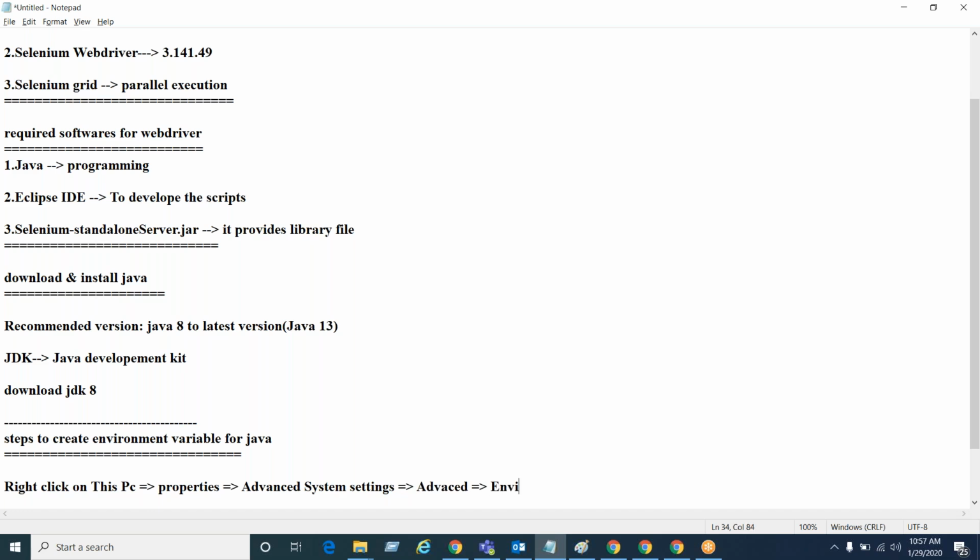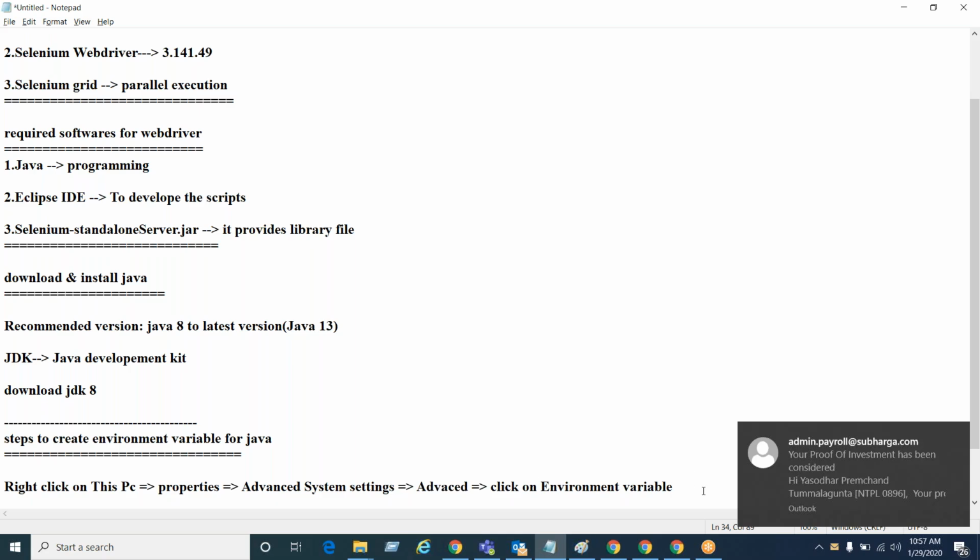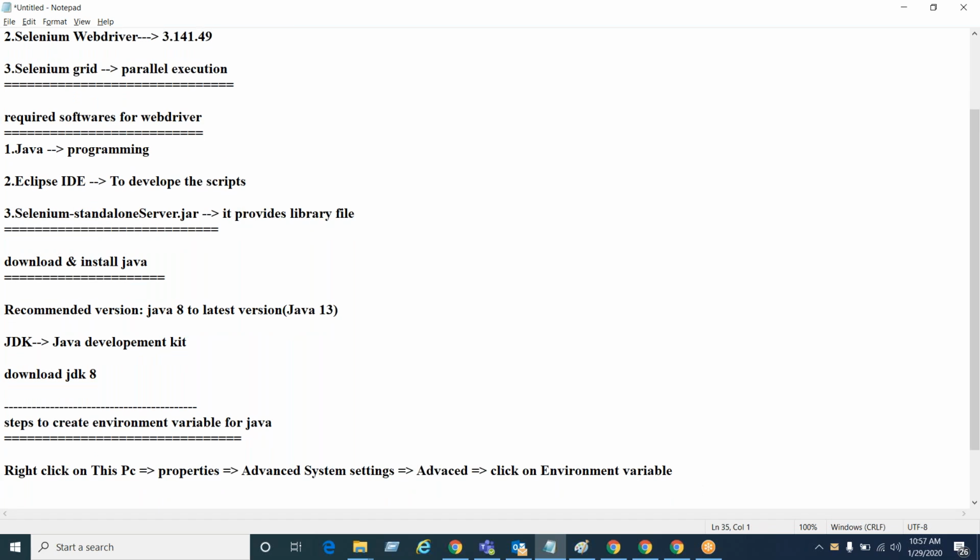And then Environment Variables. There is an Environment Variables button. So click on that. Click on the Environment Variables button. Okay. Next. So after clicking on the Environment Variables button,